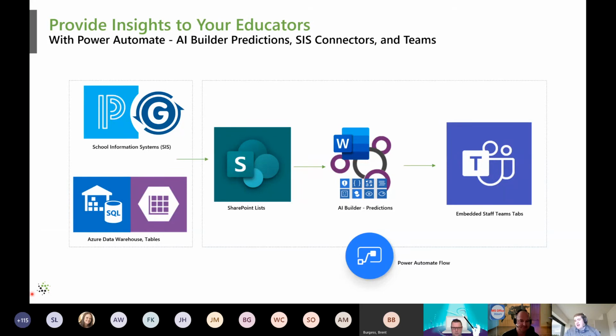Got it. This is the last content slide, so I'll just summarize it real quick. Another thing you could do is, and this is something that admittedly we haven't done yet, but it's something that we've ideated with some customers on before, is registering either through the school information systems or however you're storing tests, getting that data, and then from there being able to use AI Builder and predictions to detect when a student might be starting to lag, or something might be dropping for a student, or taking a set of tests and identifying, hey, these are the types of topics that are in the test, and we noticed that in the previous test with these topics, students didn't do as well.